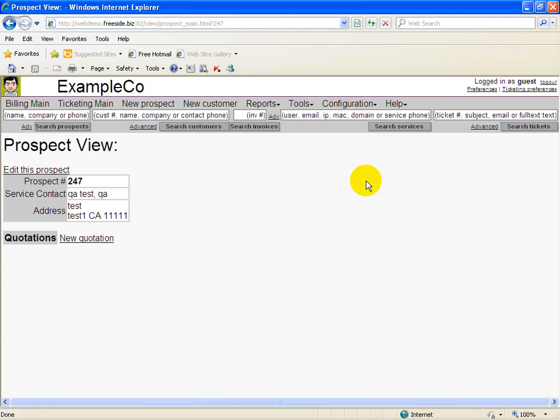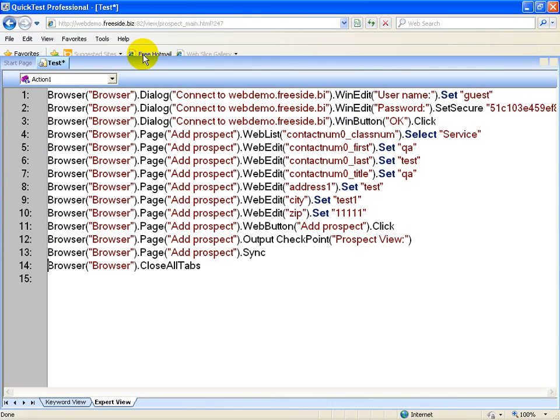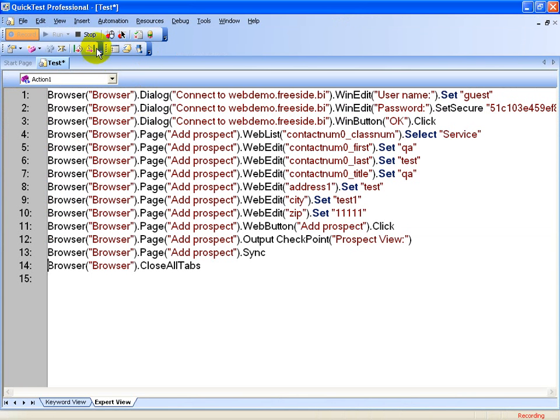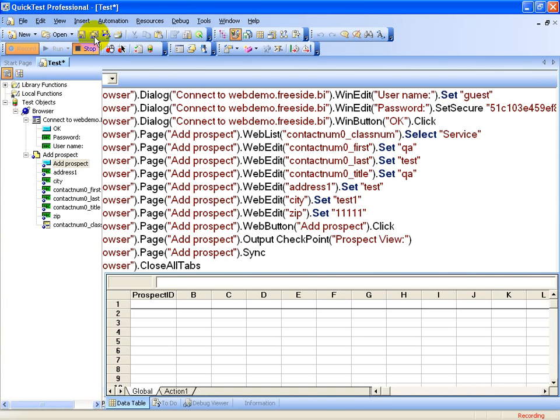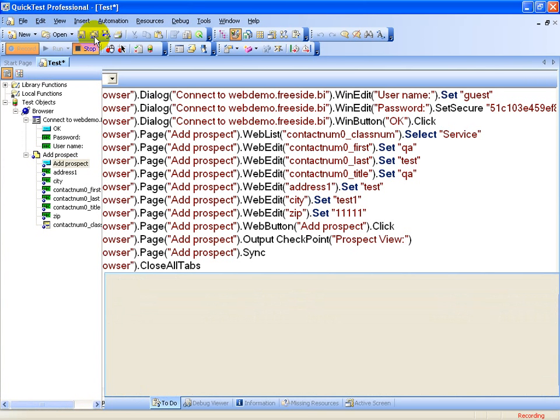Okay, so now you can close this application, close the browser, and stop recording because we are done with the script. So that is how the script is recorded